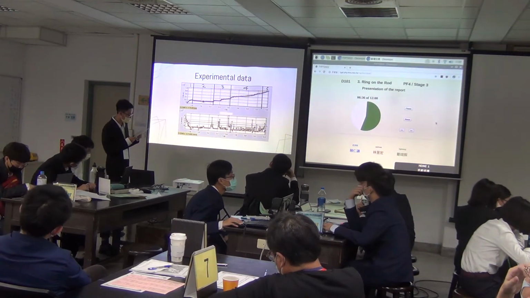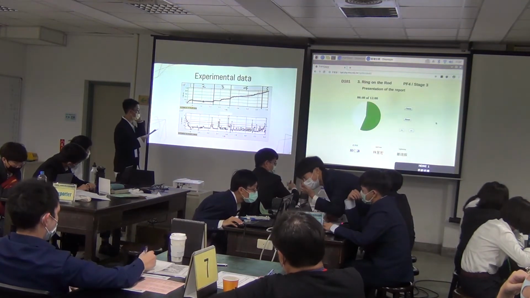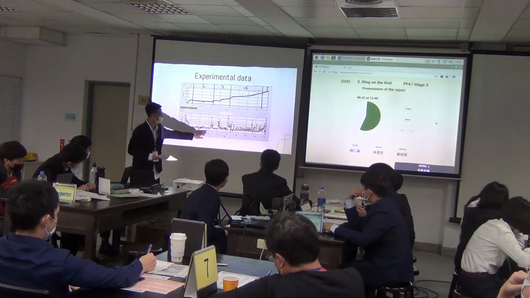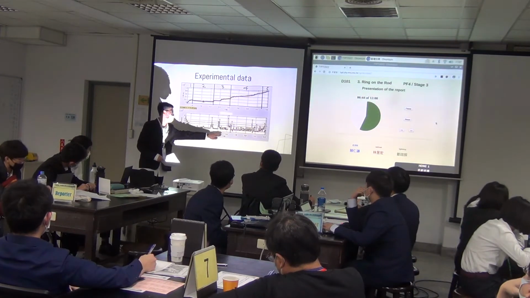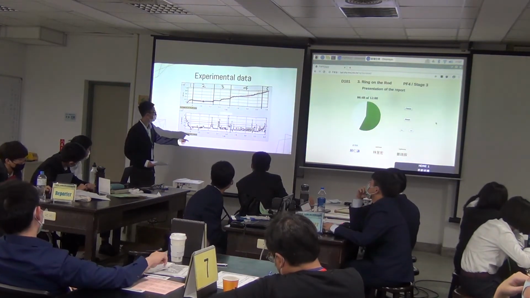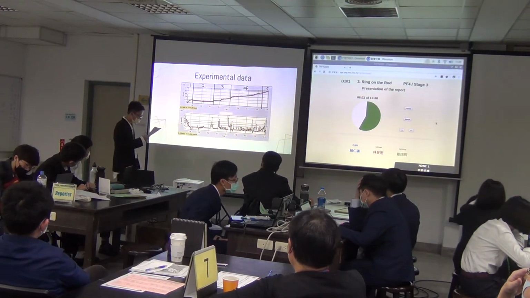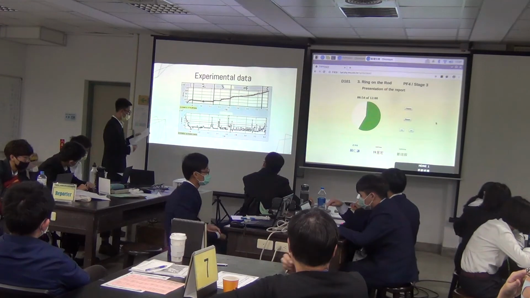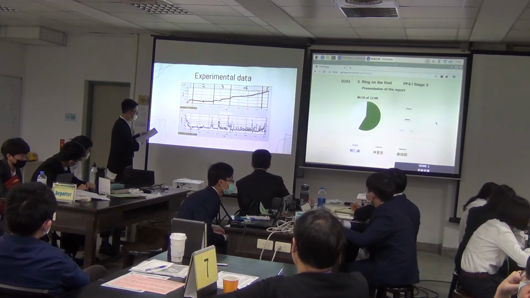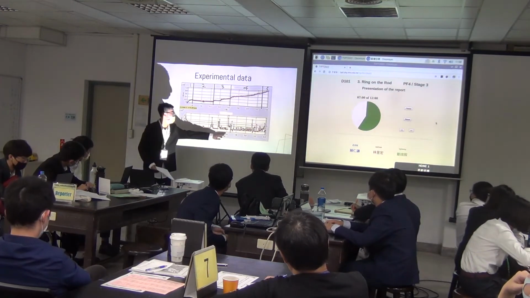And then the third stage, the ring starts to go in a super unstable motion. You can see here the velocity is super unpredictable, and the ring even got stuck on the rod. And from the fourth stage, the ring starts to spin and fall at a steady speed. And you can see here why